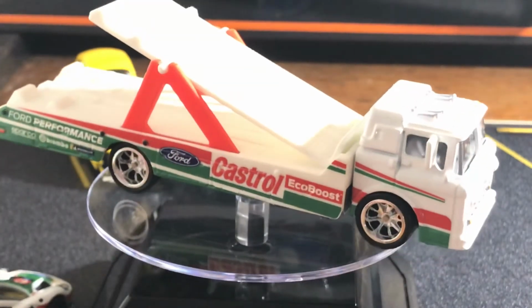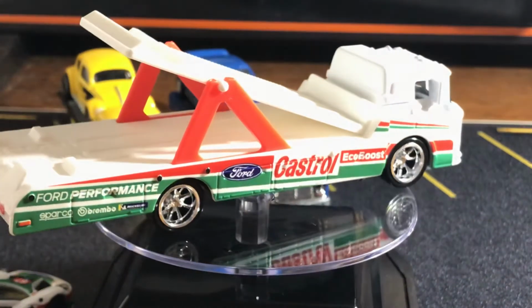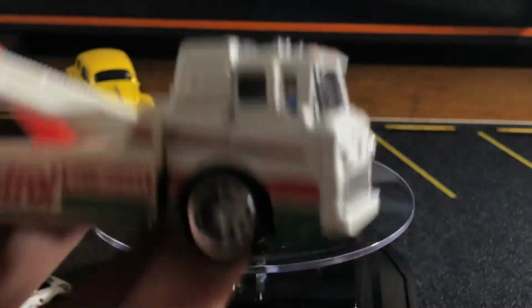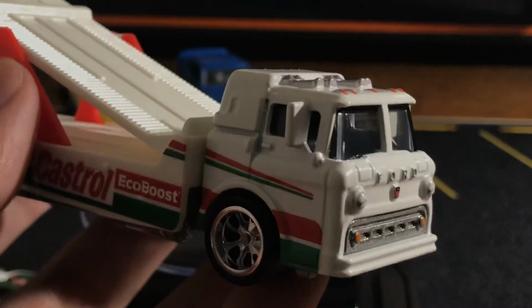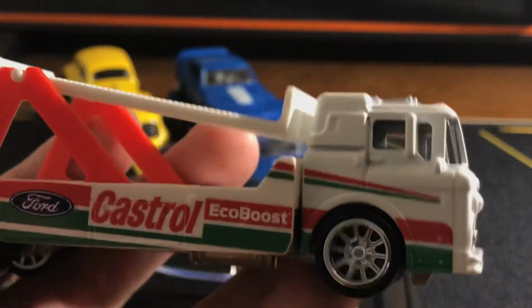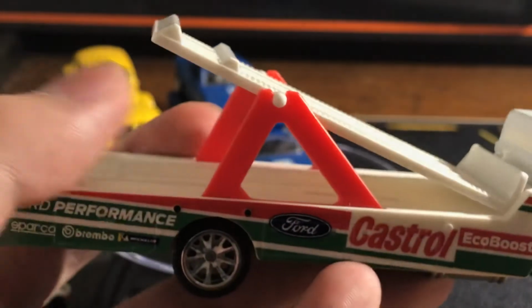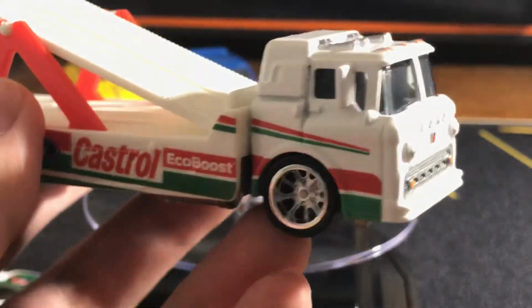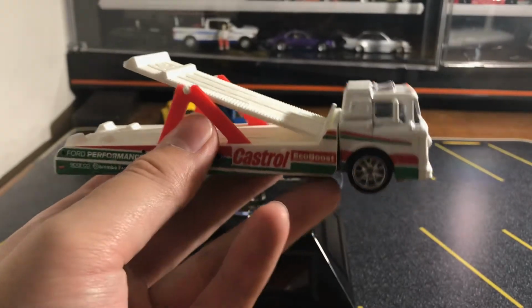It's based on a real model, but this is where I get a little bit frustrated with Hot Wheels designers because they're really, really talented people. But I also feel like they sometimes have an unhealthy obsession with modifying things. If you look up Ford C800, you will see a lot of different variations, different modes, and you will see this used as a car hauler pretty often. You see it used as a flatbed, you see it as a ramp truck. You never see this configuration, and I think it's for a good reason because, like, how are you supposed to